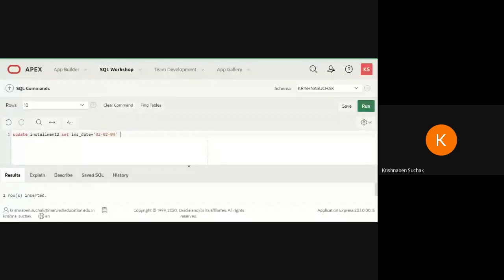So whenever I want to change the installment date, I will use this command, update installment 2. That is my table name. Set installment date, that is the column name, or you can say attribute, which you have written while creating your table. Then this is the date which I want to change.